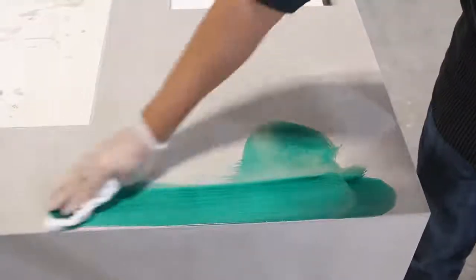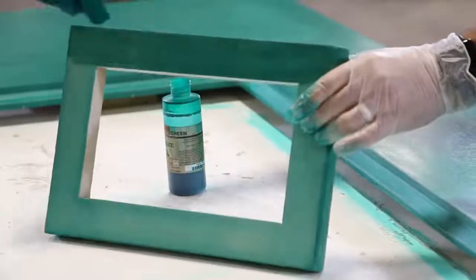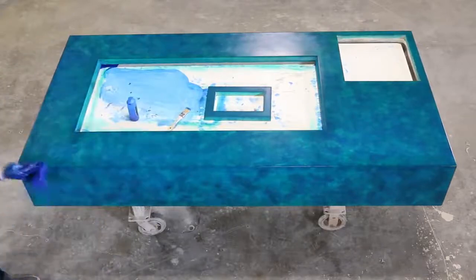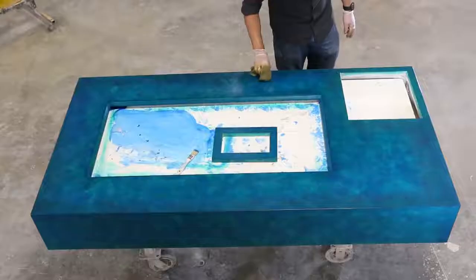To give the table the color we wanted, we used Buddy Rhodes glazes. First, we started with the green color and covered the entire table. Then we used blue. We applied this with a microfiber cloth in a random pattern. Last, we applied some olive to tone down the colors a bit and give the table a bit of an